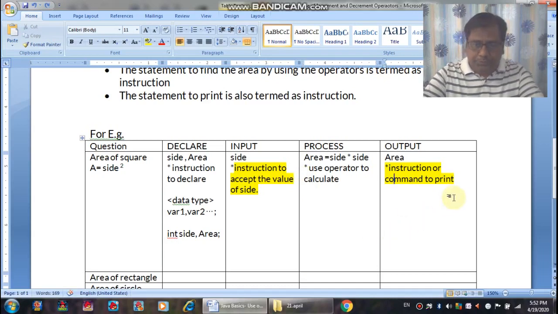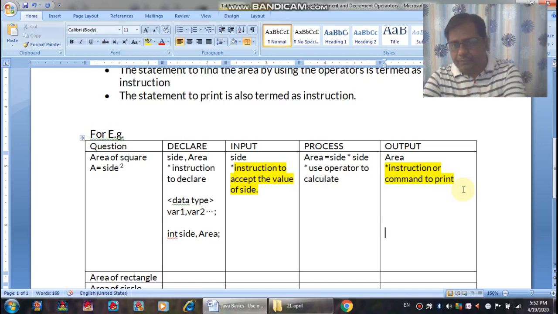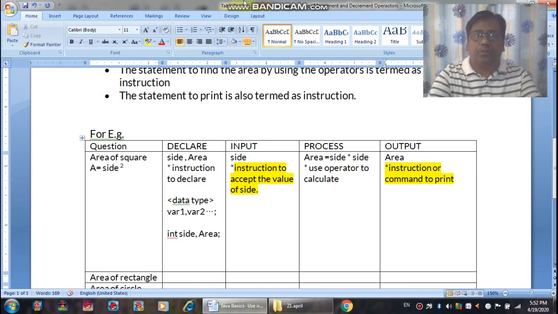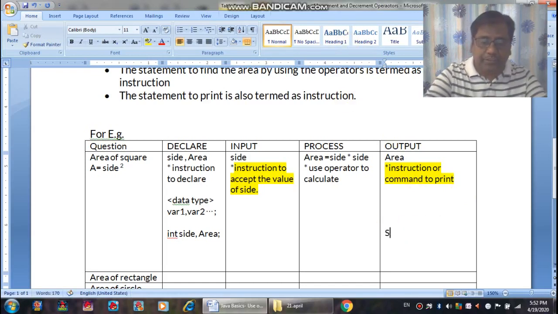Now the output. When we talk about the output, you need a command or an instruction. So today we are looking at the declaration part. We have done the process part, and we are learning the statement, the instruction to output the value. So when you are supposed to output the value, you use the command, capital S System dot small letters out dot print,